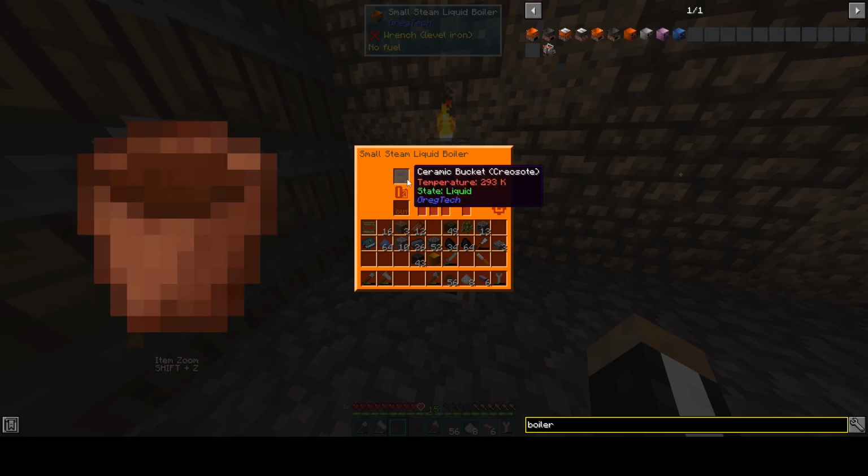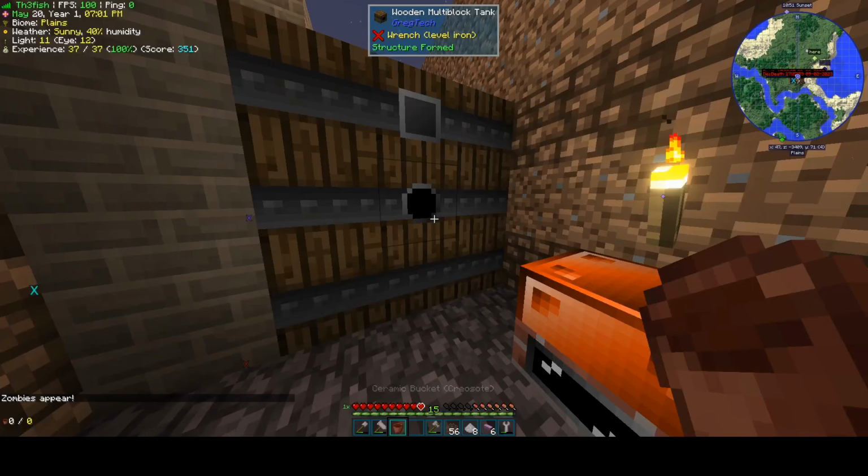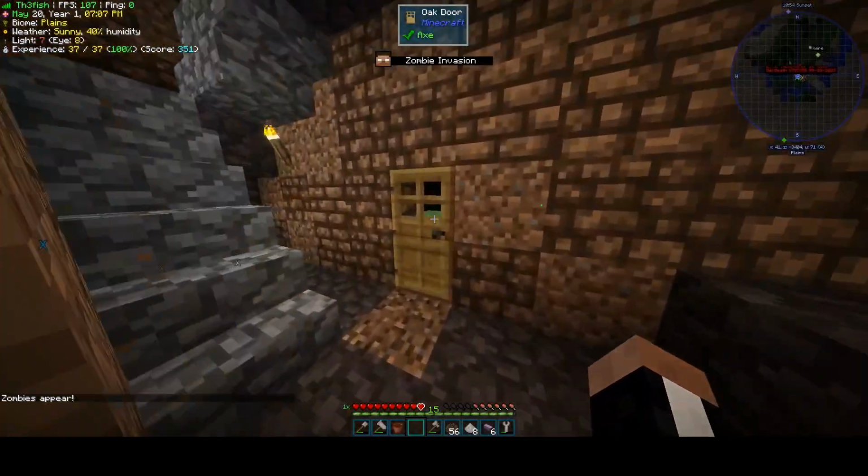I don't know how to get rid of this creosote oil. It's everywhere and it's clogging my stuff. Zombies, beer. Is the door open? Okay,